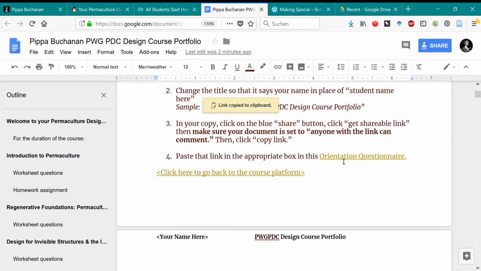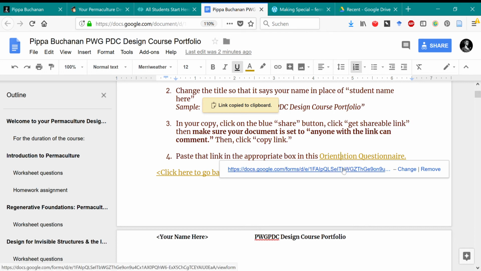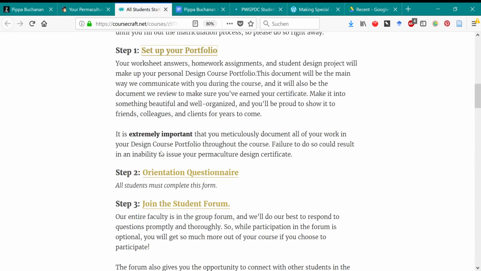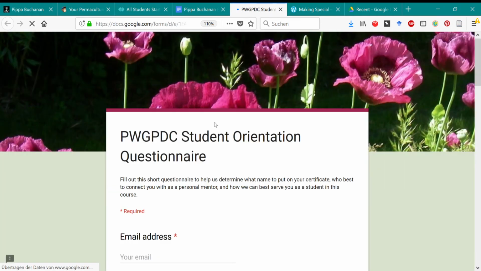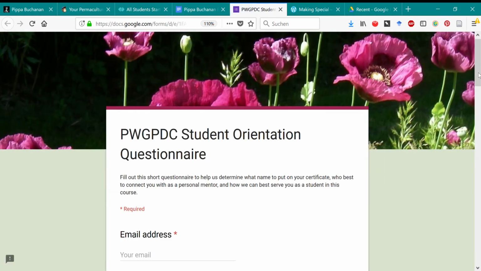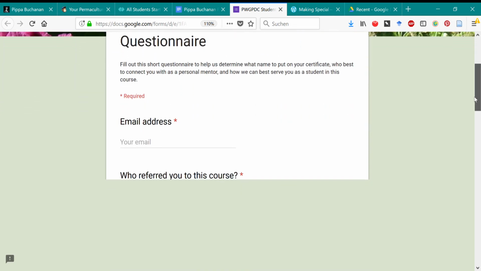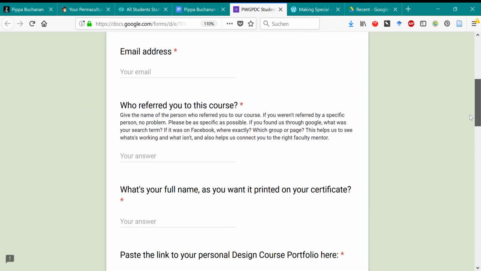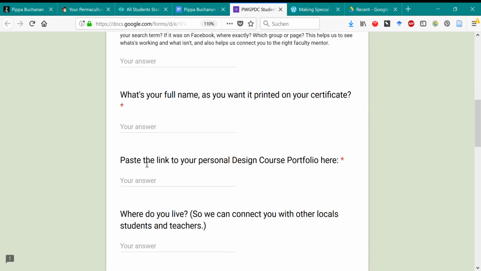And then we're going to go into the orientation questionnaire. Just to let you know that this is the same orientation questionnaire listed here on the CourseCraft website, but we've just got another link to it here. So this is the orientation questionnaire, which we will fill out with our particular information, but this section here is where we paste the link to our